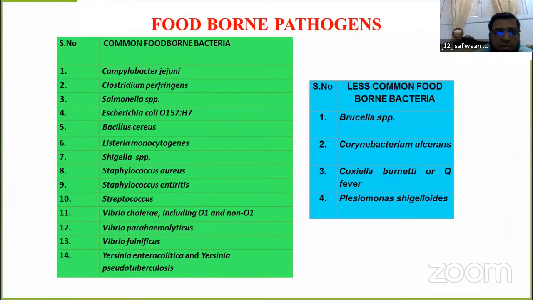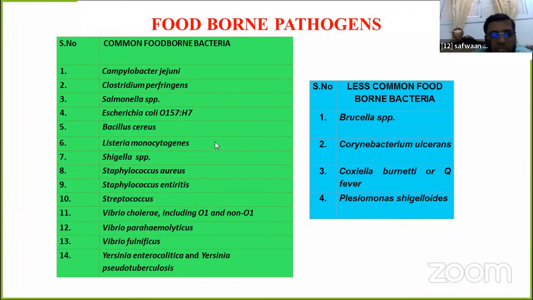These are the list of the commonly foodborne bacteria, and on the other side we can see the less common foodborne bacteria. The common foodborne bacteria which can cause food poisoning, there are 14 I have listed. The list is according to US FDA. Campylobacter jejuni, Clostridium perfringens, Salmonella species, E. coli O157:H7. This E. coli is different from the normal E. coli. This is a toxin producing E. coli, and it is very dangerous. Only 10 cells, if they enter our body, can cause severe poisoning leading to death. So this is a very dangerous bacteria,